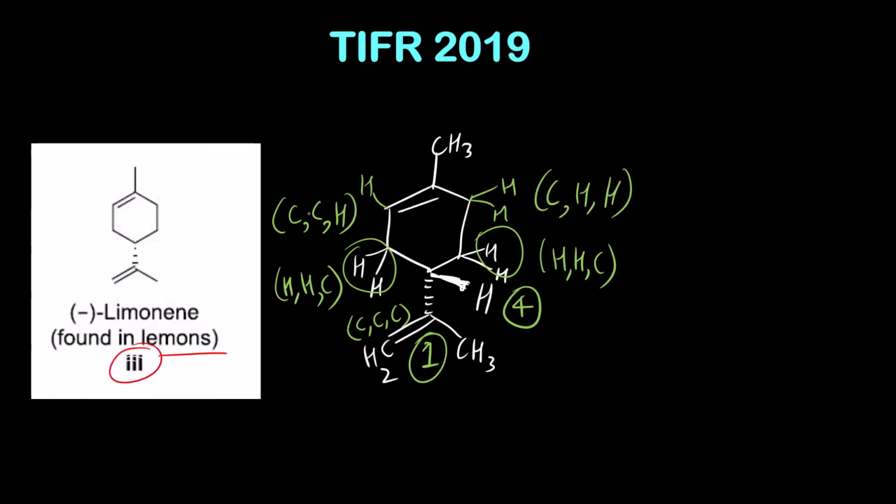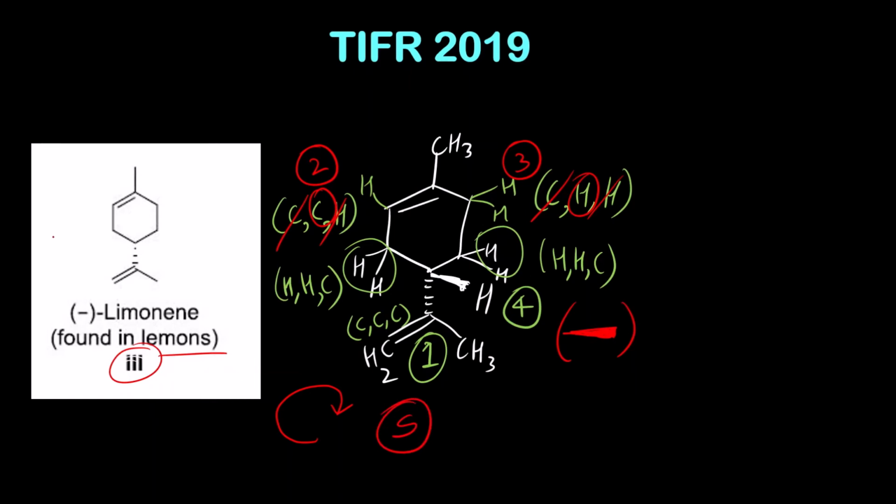So we can clearly see that carbon and hydrogen are the same in both these cases, but since carbon has higher priority than hydrogen, or a higher atomic number than hydrogen, it will get the second priority and this will get the third. So from 1 to 2 to 3, if you see, it is clockwise, but you can see that this fourth priority group is on the wedge bond. So our correct absolute configuration here will be S. So for the third molecule, our correct absolute configuration is S.